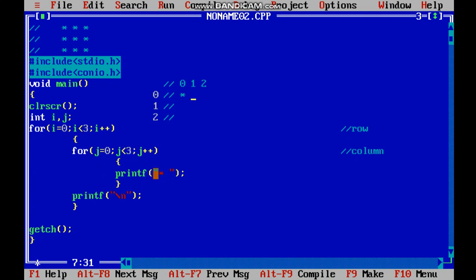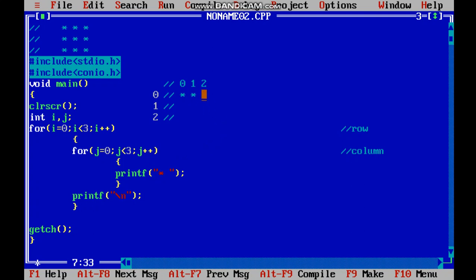As soon as it printed this asterisk, it went to j++. Now the j value is 1. 1 is less than 3, again true, so it will come between the curly braces. Again it will encounter asterisk and space.